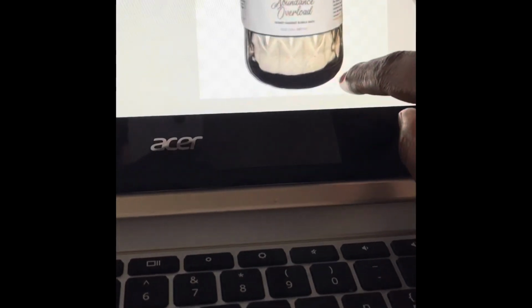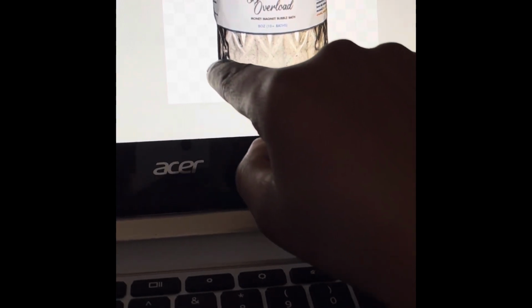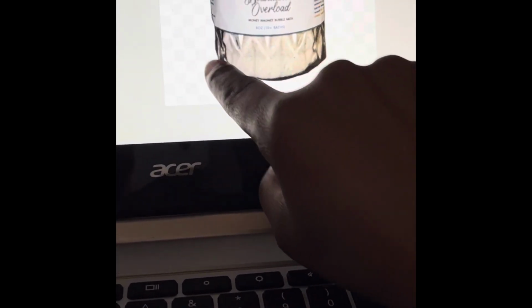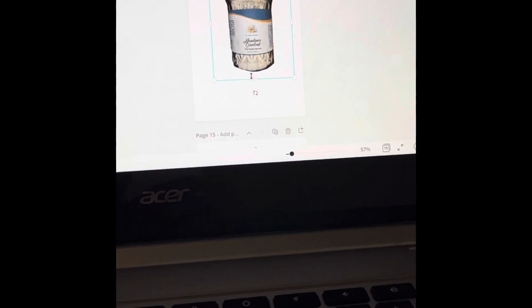So what I like to do is erase anything that's too dark. So I'm gonna erase this part. I have a touchscreen laptop for this because it's so much easier than using the small mouse pad. So once I do that, click done, and bam, it's just